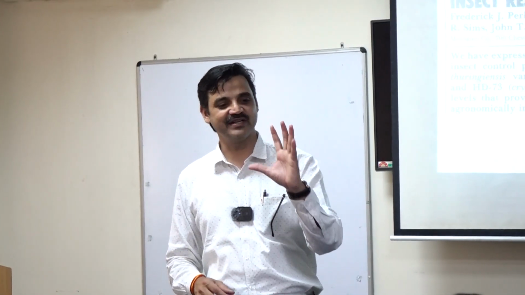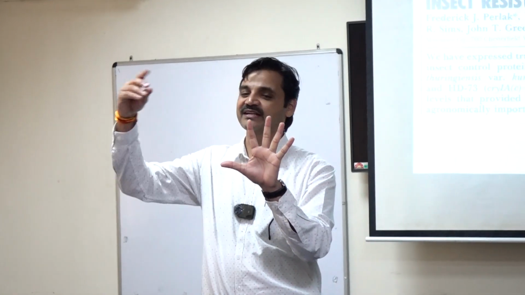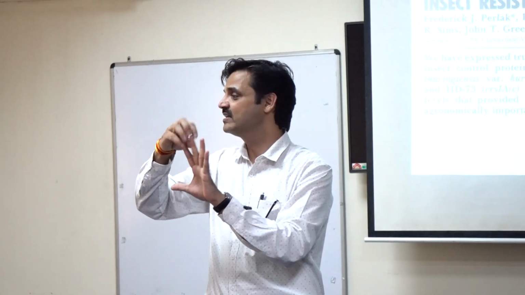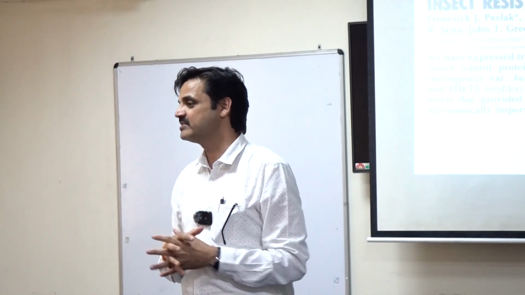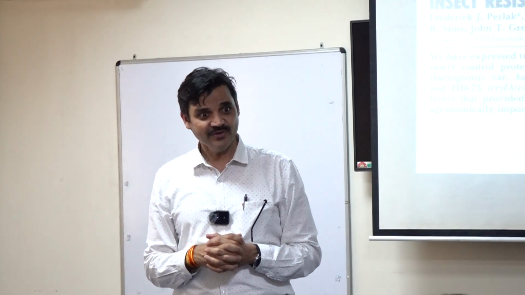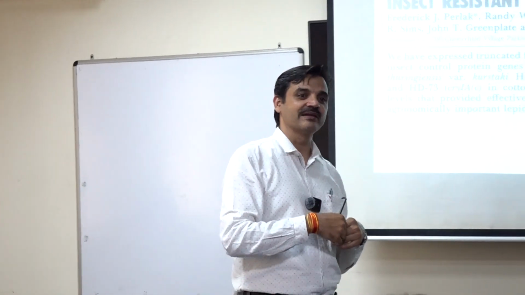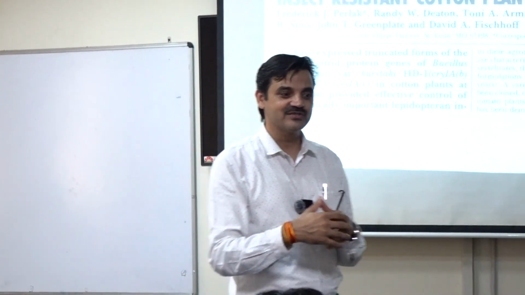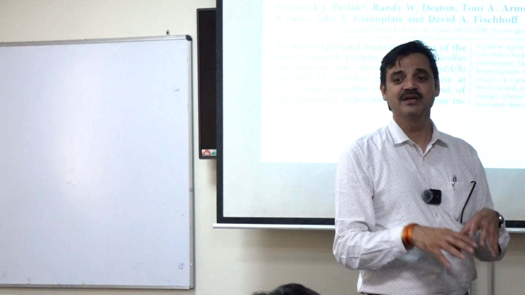Now the scenario is that you have a cotton plant, insects come and eat the leaves, eat the fruit, and that's how the fiber is affected. So what we do is spray a lot of chemical pesticides, and a lot of chemical pesticides go into the soil. They contaminate your ecosystem.